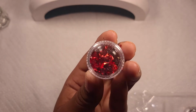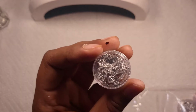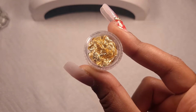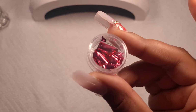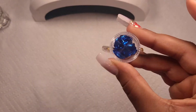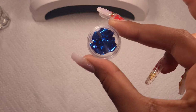red, silver, another gold, pink, purple, blue, silver,